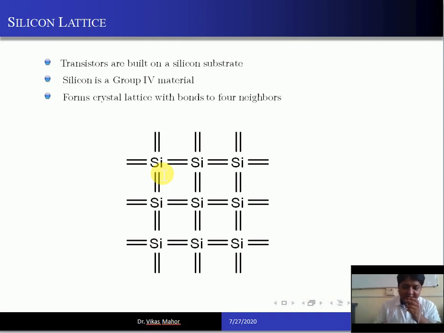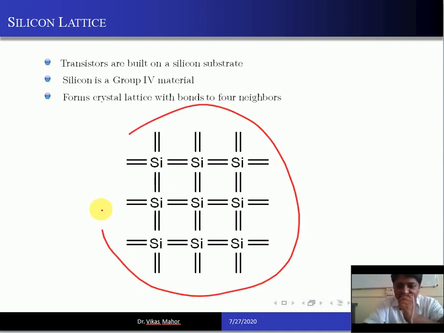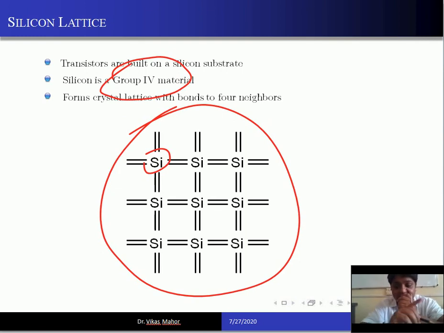So look at the lattice or the structure of the silicon material. See, this is the lattice of the silicon material. Since silicon comes into group 4 of the periodic table, it has a valency of 4. Valency of 4 means every silicon atom has 4 valence electrons. What are valence electrons? You should know the basics. Valency means the number of electrons present in the outer orbit of an atom. Fine.